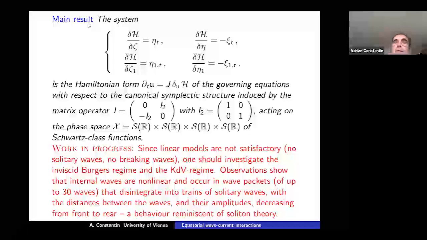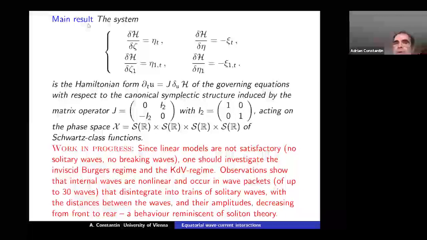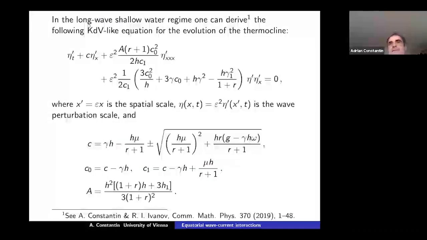And now, just one minute, you can take the long wave approximation and you can derive approximate models. There are two wavy things, one at the surface, one at the interface. I'm more interested in the thermocline. So what you get is a KdV-like equation. The values of the constants don't matter. It's a mixture of the ratio of the two densities, gravity, gamma, gamma 1, something. But what you see here on top is a KdV equation where H1 and all of these things only alter the coefficients. So it's a KdV equation.